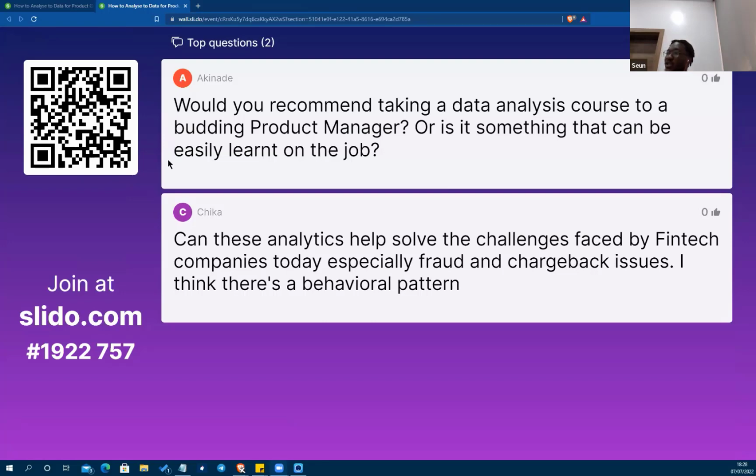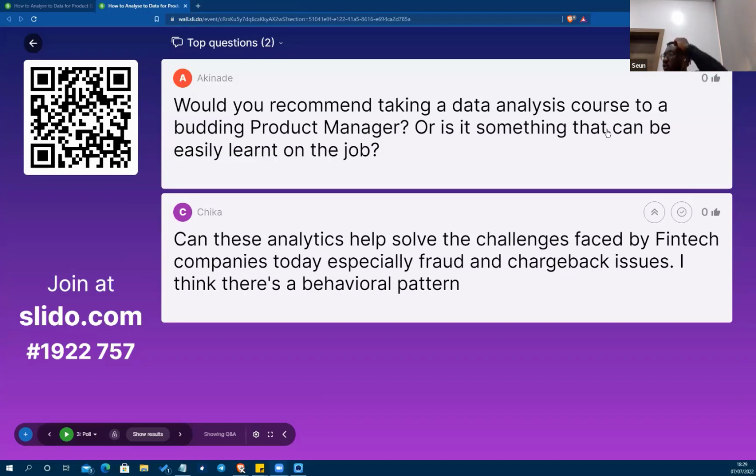Remember, you're not trying to become a data analyst. You are a product manager, but you have to use data to make better decisions. So it's always good to stay on our path because we are also in an era of information overload where